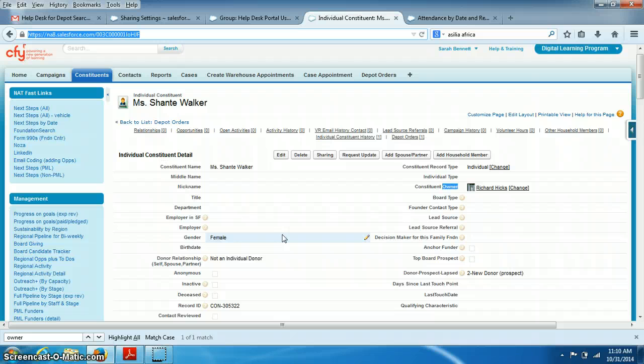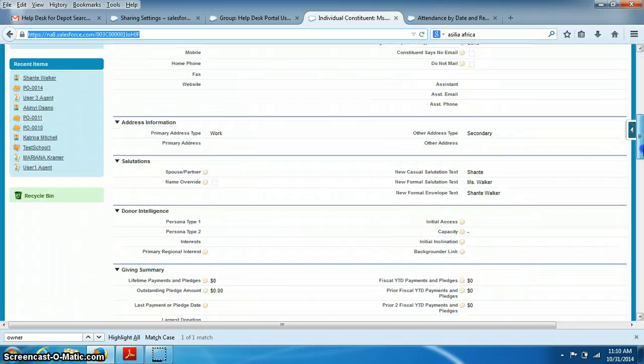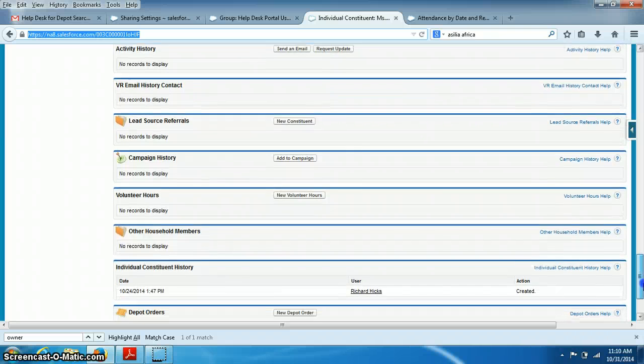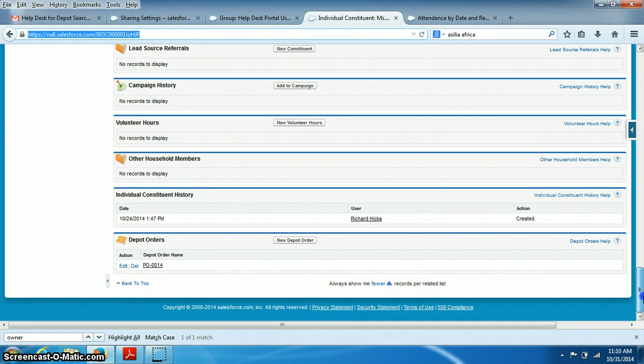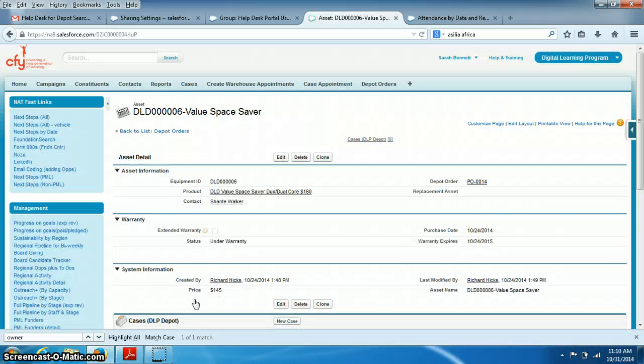So the help desk logged into the portal and they said, I want to find this asset that is owned by our friend Shante. And we can't even see it on the related list. It looks like it doesn't exist there, which is cool, if by design it wasn't supposed to be. But we can go back to our PO and then we can see, oh, okay, so Shante, our friend, right there, she is the owner of